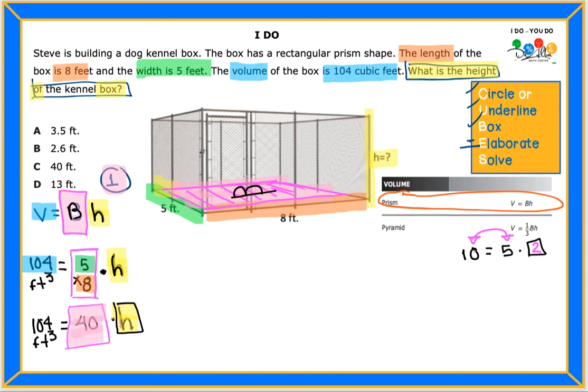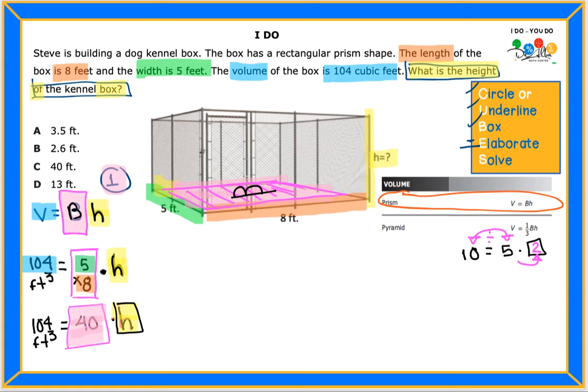Exactly, by dividing. 10 divided by 5 gives me this 2. Awesome. So how do we figure this value of h? We will have to divide this 104 by this 40. Awesome. And if we do this algebraically, the other way is, okay, so we can solve for h, we start